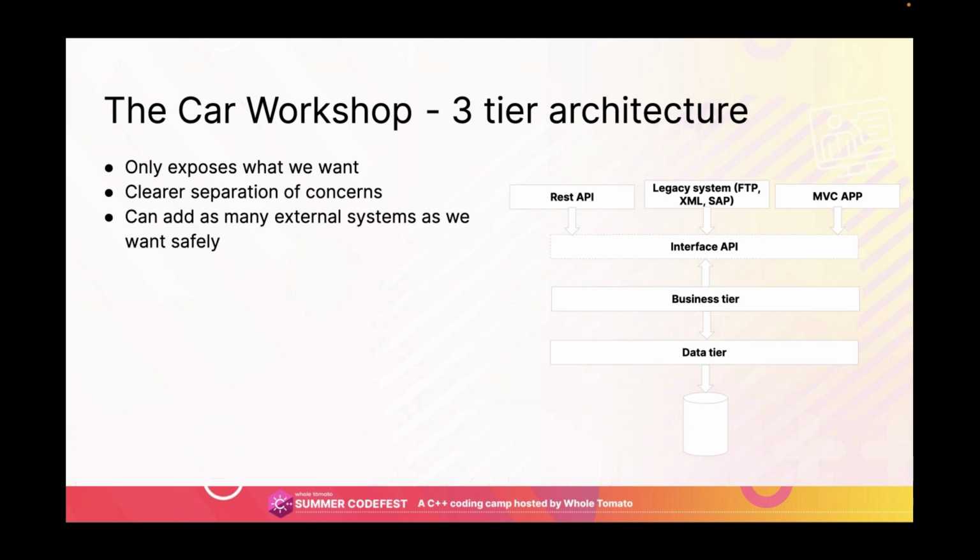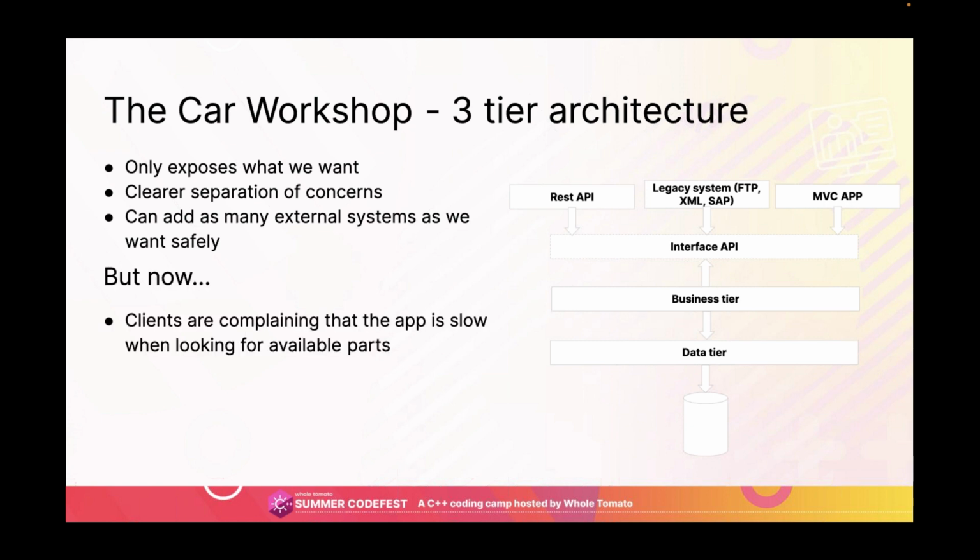So basically, the business tier will then implement the interface API, and the REST API will use the interface API to communicate with the business tier. And like this, we only expose what we want, we have a clearer separation of concerns, and we can add as many external systems as we want safely. And everybody is happy. However, now clients are starting to complain that the app is slow when we are looking